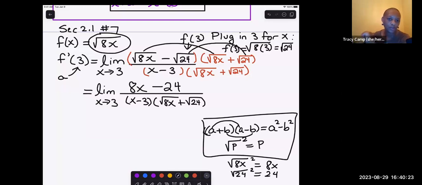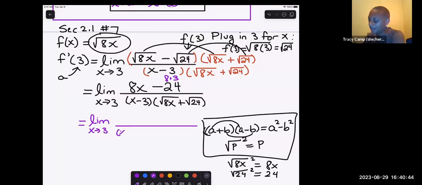I can factor an 8 out of the numerator, because look at 24, it's 8 times 3. So next, if I take the limit as x approaches 3, I keep my denominator as it is, so this ugliness. I can factor out an 8. That's the distributive law backwards, right? Each term in the numerator has an 8 in it, so I can pull that 8 out,